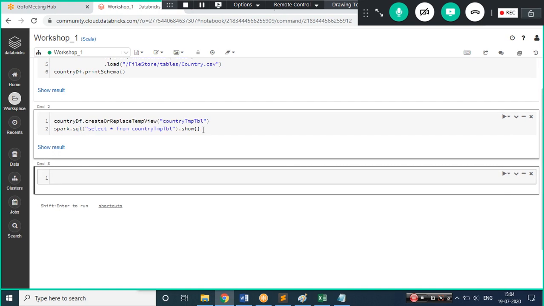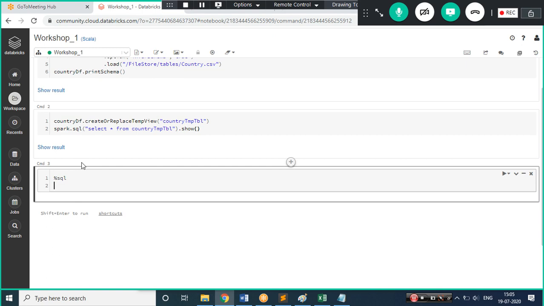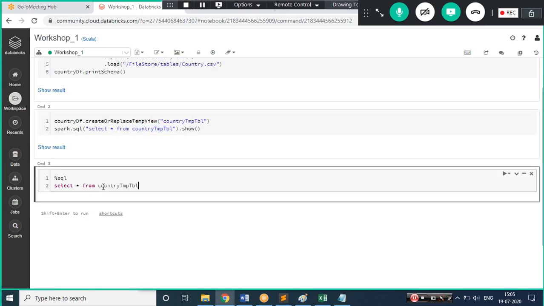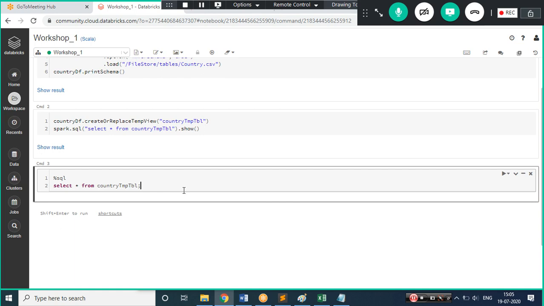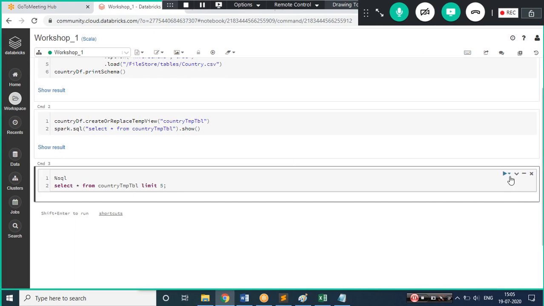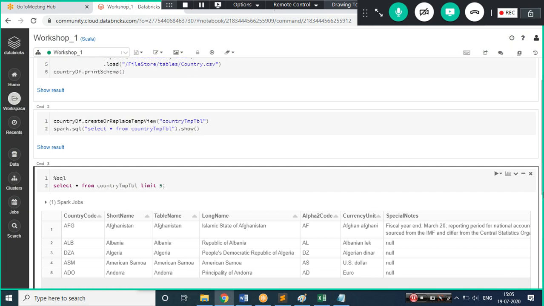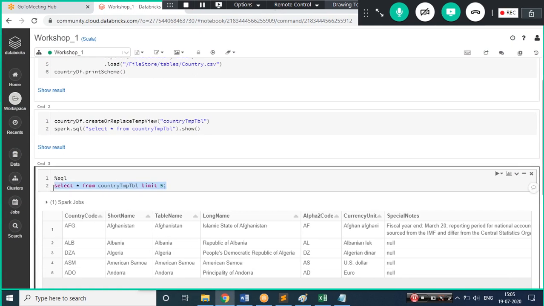If you want to write SQL queries, just type %SQL. After that, you can write select star from, what was my temp table name? This is my temp table name. Let's limit it to 5 and execute this. So this is getting executed, so I can write SQL queries also.